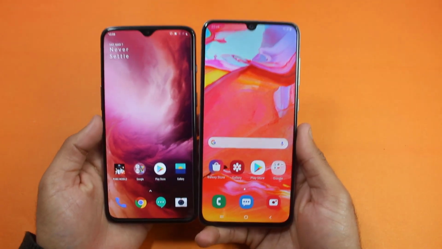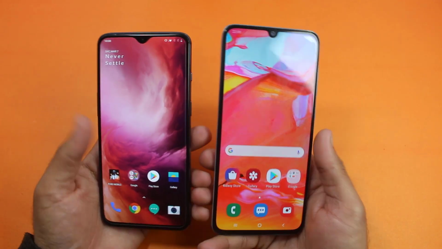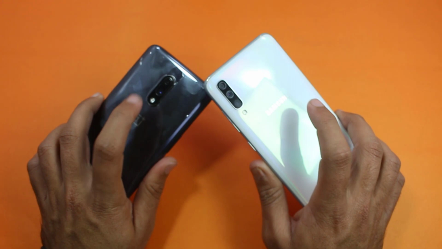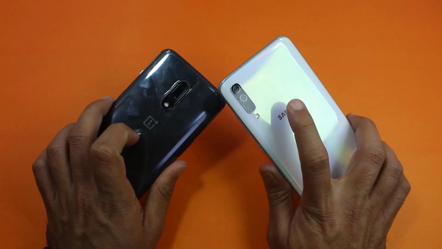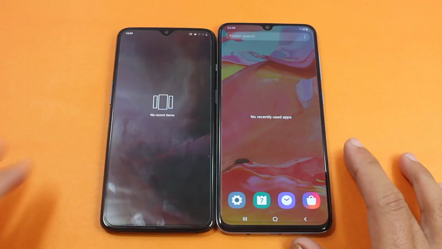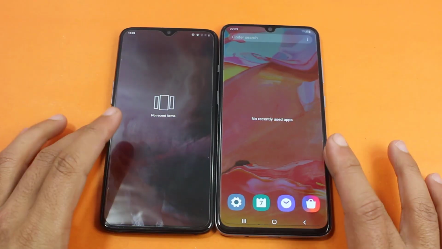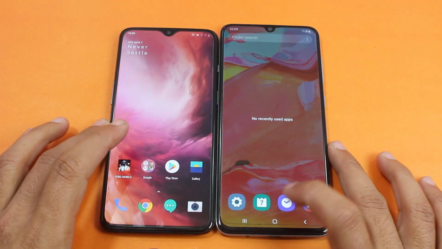The design of both of the smartphones is almost the same, as you can see. And if I talk about the rear camera of both of the smartphones, the OnePlus 7 has got a dual rear camera while the Samsung Galaxy A70 has got a triple rear camera. So as you guys can see, everything is completely closed up, and starting with some basic stuff, the first one